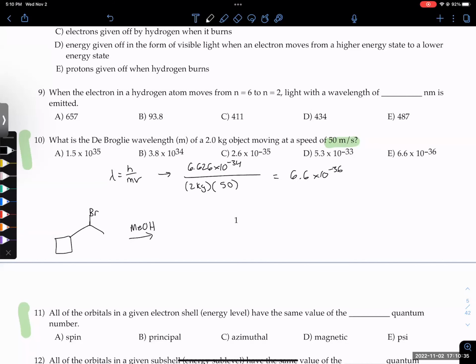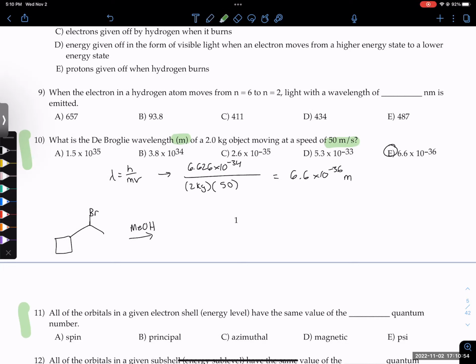So ideally, if you're going to give me an answer, it should be something with length, right? So meters, because that's what our units show. If you had said seconds, that wouldn't make sense, because we're talking about wavelength. And it's also asking for it in meters. And this corresponds to answer choice E.